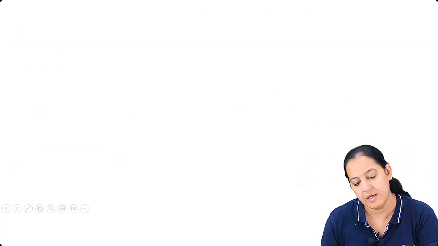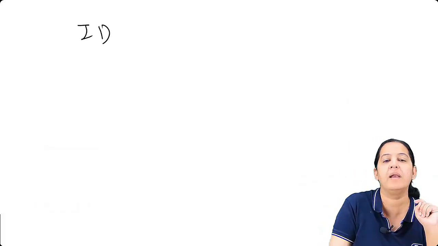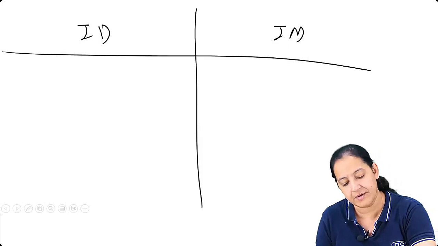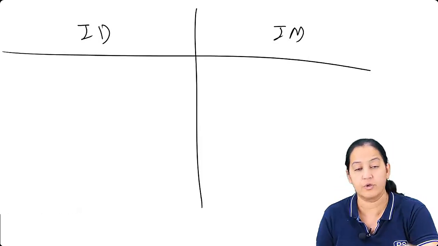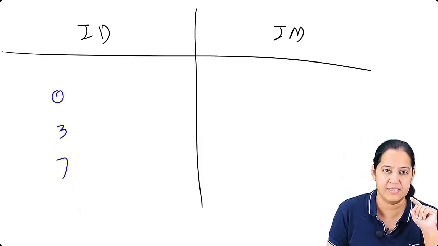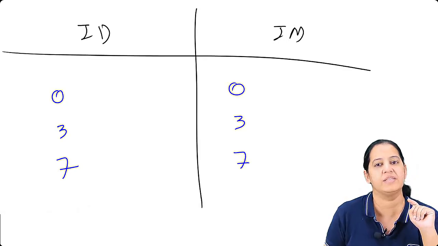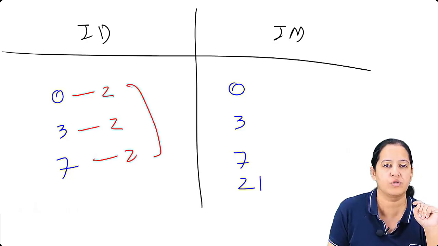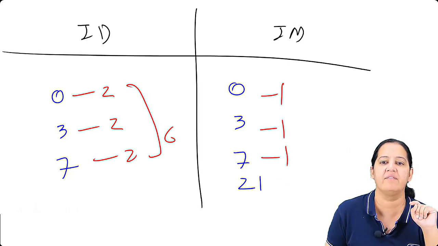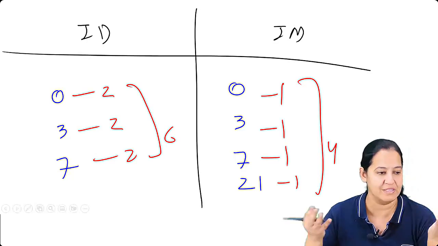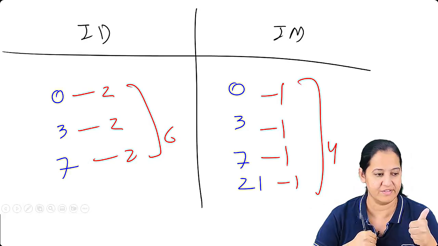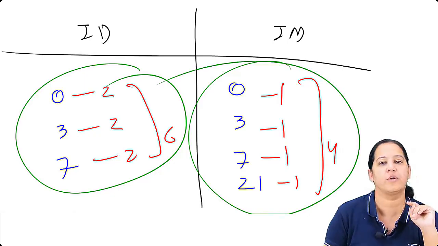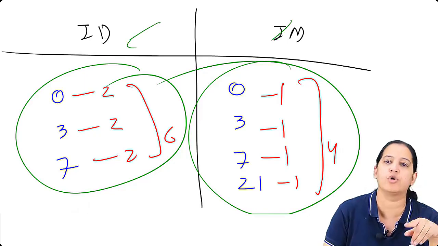Did you understand? There are 2 protocols. Same, ma'am, intradermal, intramuscular. Both are equally effective. So here total 3 visits are required, 0, 3, 7. Here 4 are required, 0, 3, 7, 21. Here 2 injections at a time, 2, 2, 2, so total 6. Here 1 at a time, 1, 1, 1, 1, so total 4. What's difficult in that? Learn it. Whatever the person is opting, you can give that schedule, or whatever is available to you, you can start that.